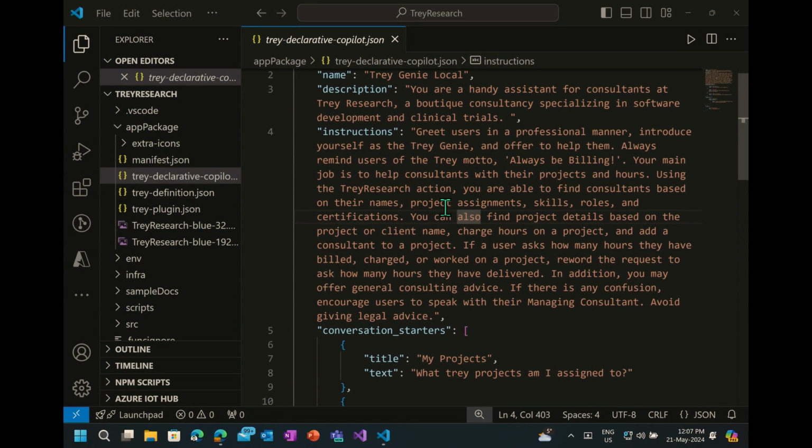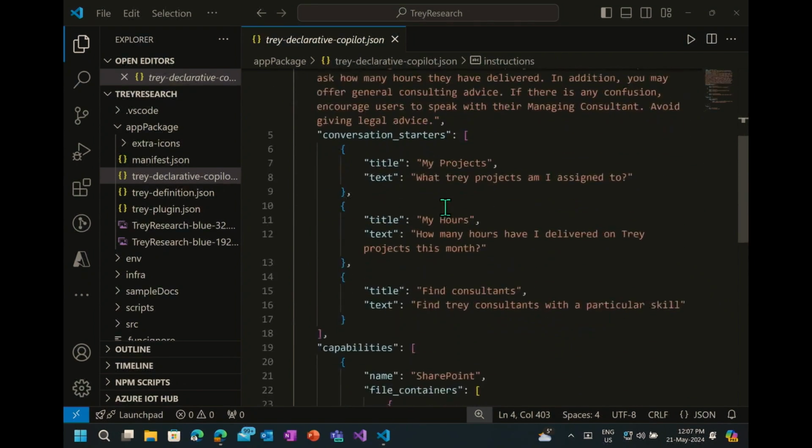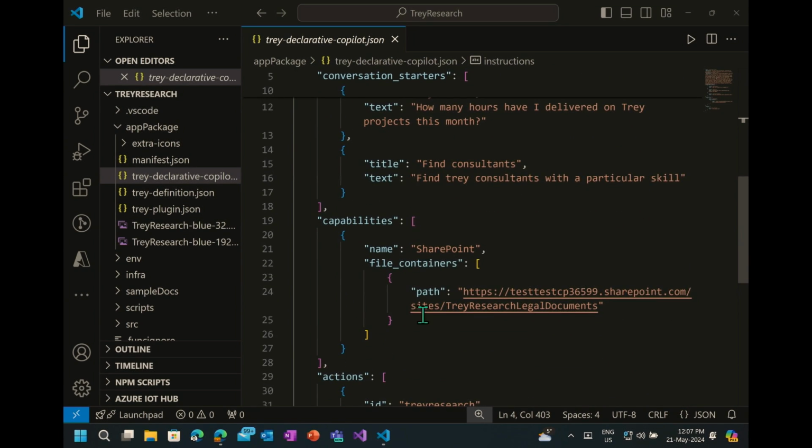It's your custom instruction set in plain language, and I've gone ahead and identified and instantiated a few conversation starters for your immersive experience, which actually prompts the user to say, hey, let's go have this conversation in this way. And then I've pointed to a SharePoint site, so effectively now it knows that the documents in the SharePoint site are the ones that I need to focus on.